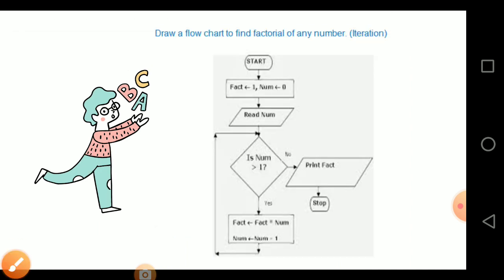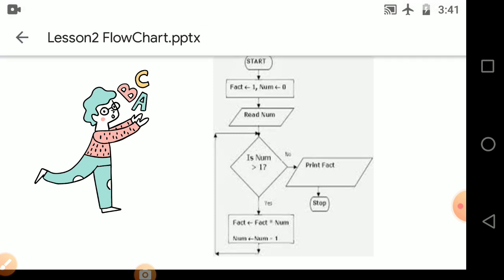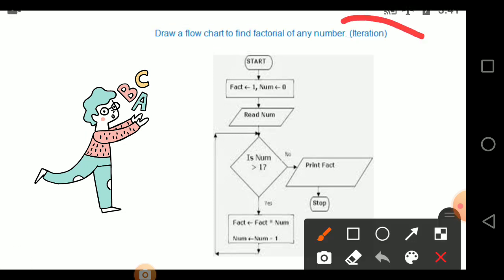So now coming to iteration. Iteration is nothing but repetition of the steps multiple times. Here you have to draw the flowchart for finding the factorial of any number.